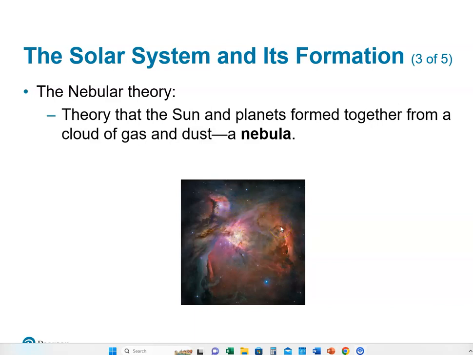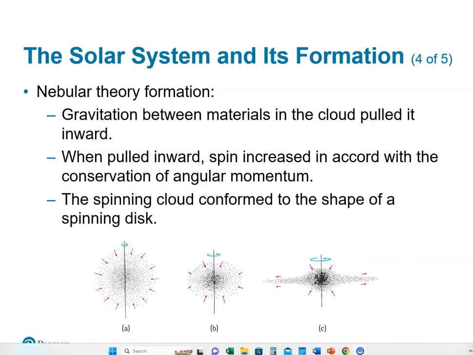Now, when we look out into the galaxy, most of the star systems that we see are binary systems. There are two stars orbiting each other. Our solar system, of course, only has the sun. All right, so this is the nebula. The theory is,